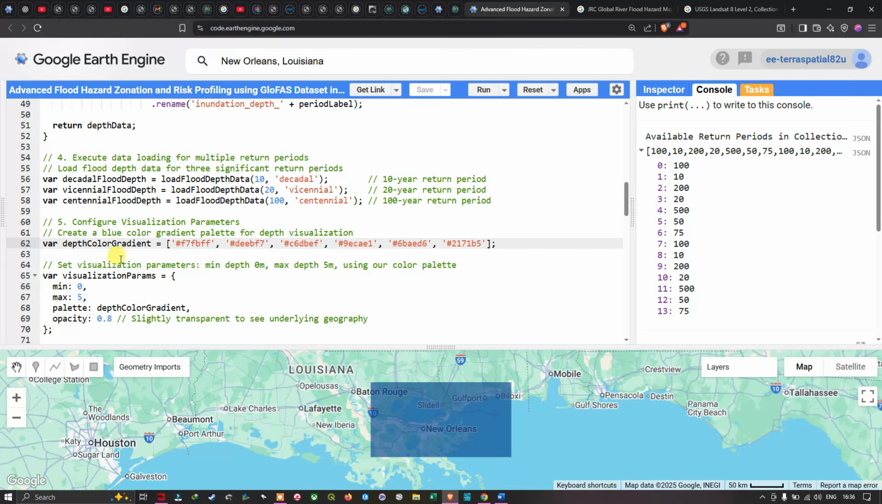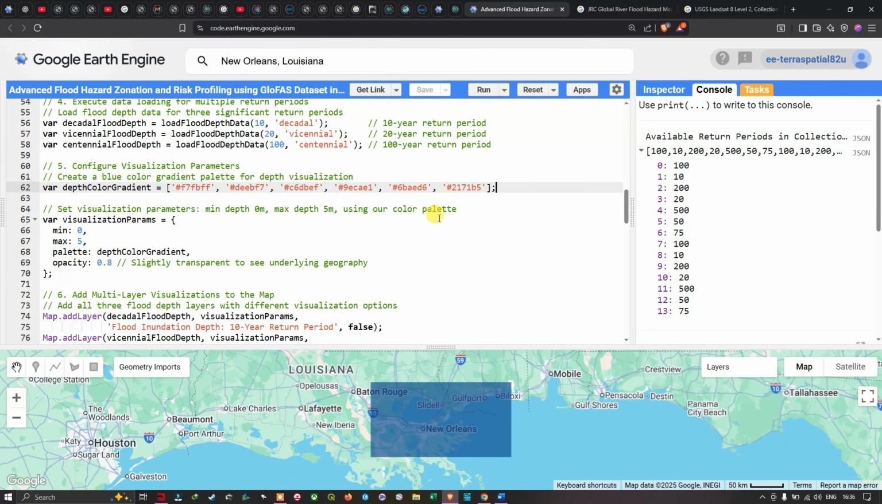So this particular set of color represents the lowest flood depth, and this dark blue color is going to represent the high flood depth areas. To set the visualization parameters, we're going to mention the variable called visualization params. We're going to set the minimum and maximum values here. We have a total of 6 color palettes, so we're going to mention a minimum of 0 and a maximum of 5, which represents the 6 different color